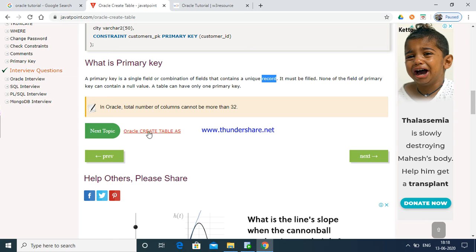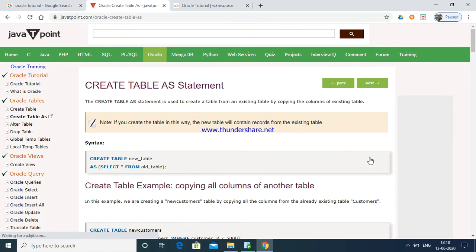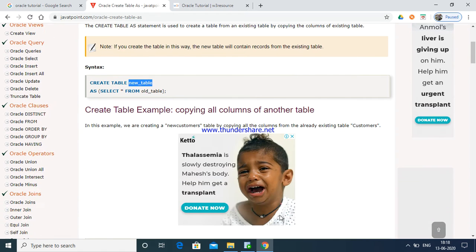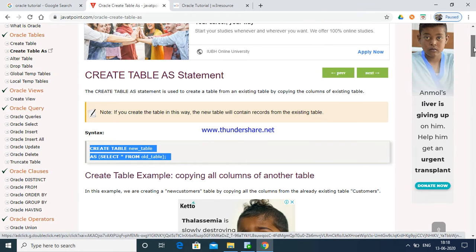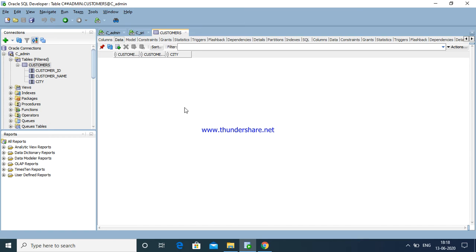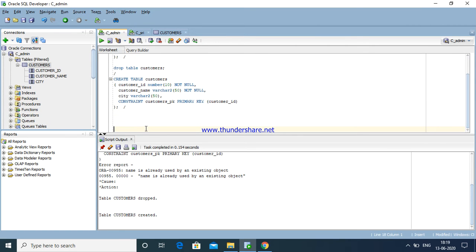Now create table as. Now see here, we have to create a new table using an old table. This is the create table format. Control C. Just I am going to create a table using the as statement. Now just enter.